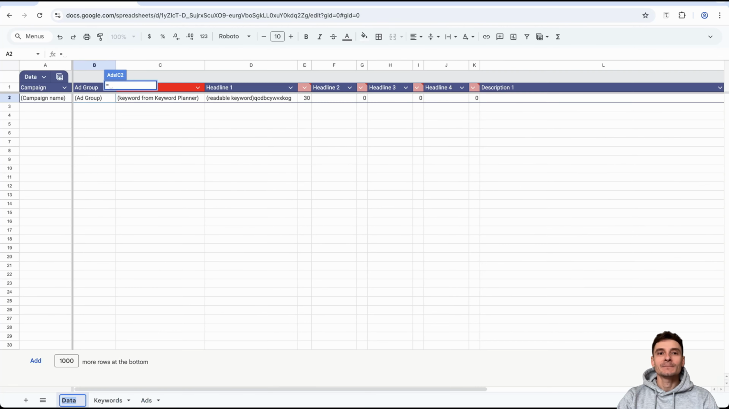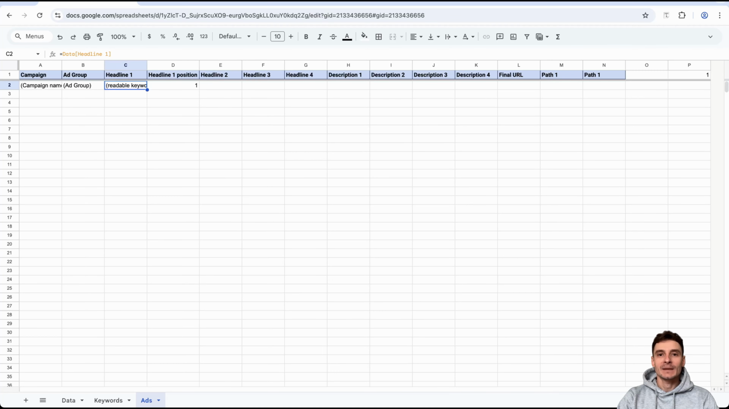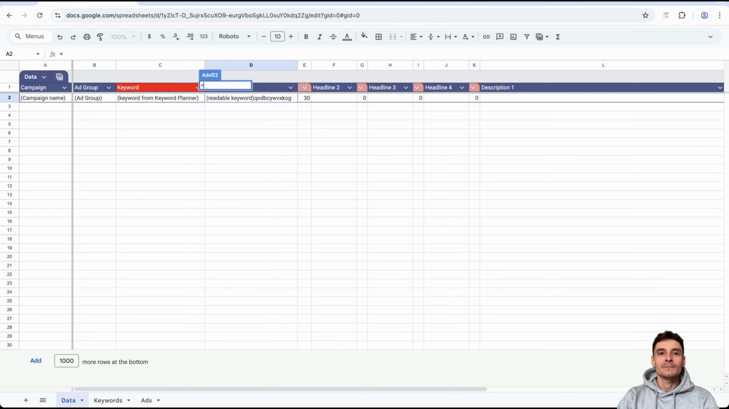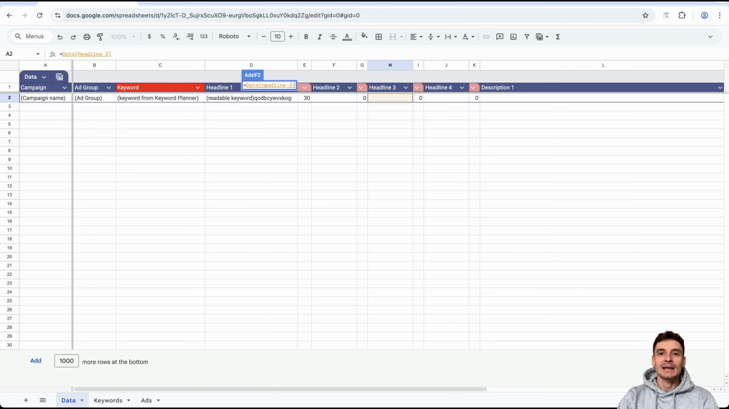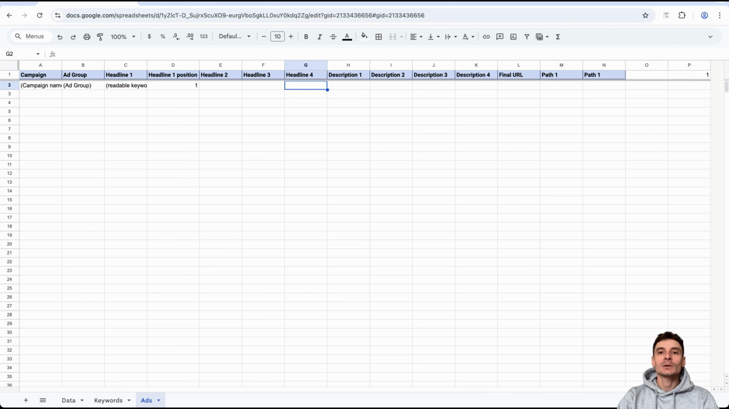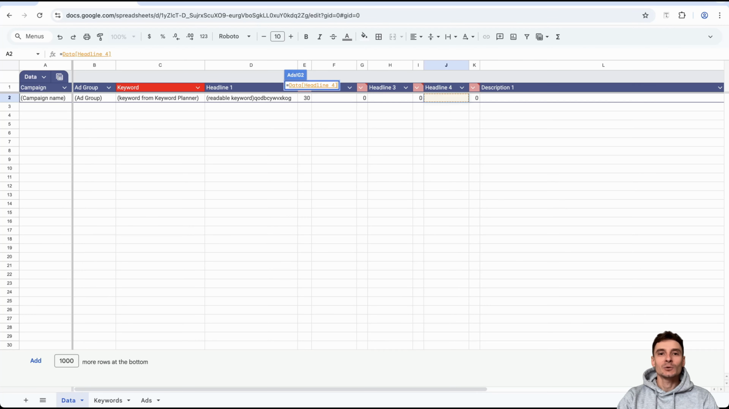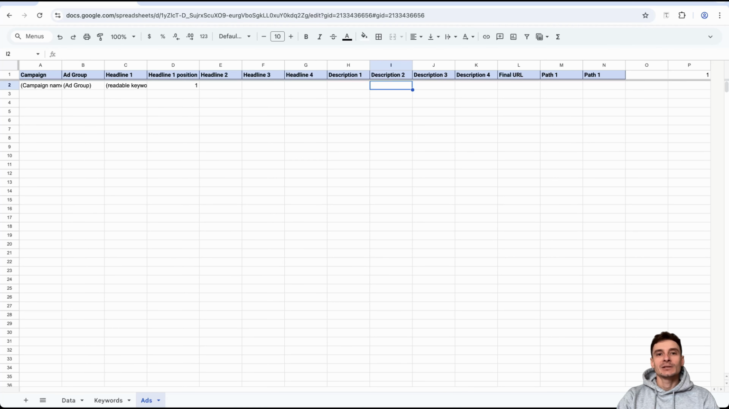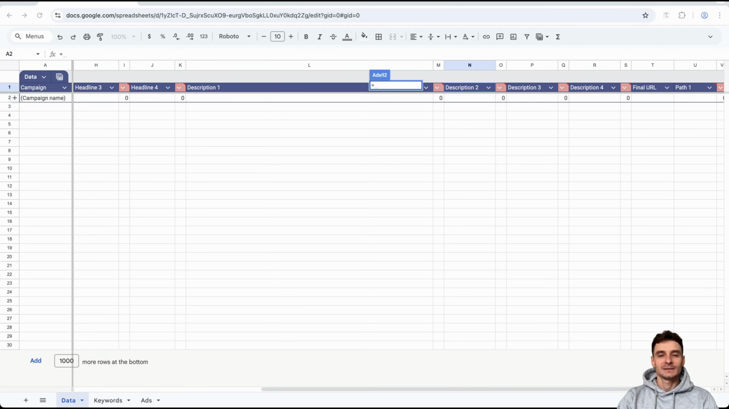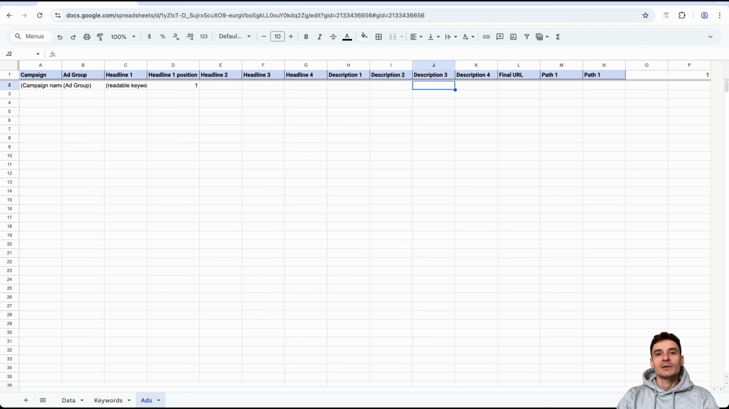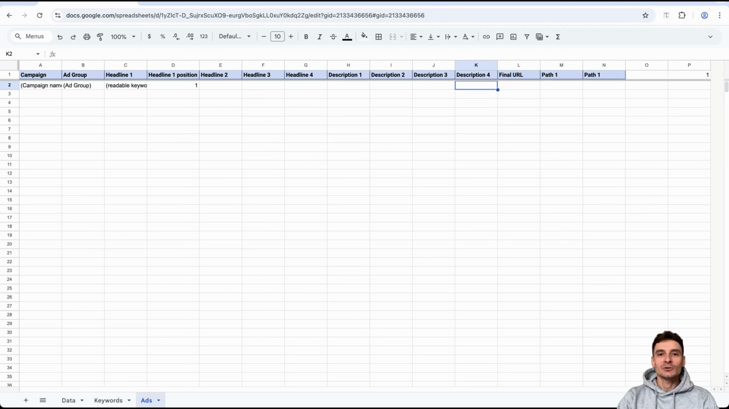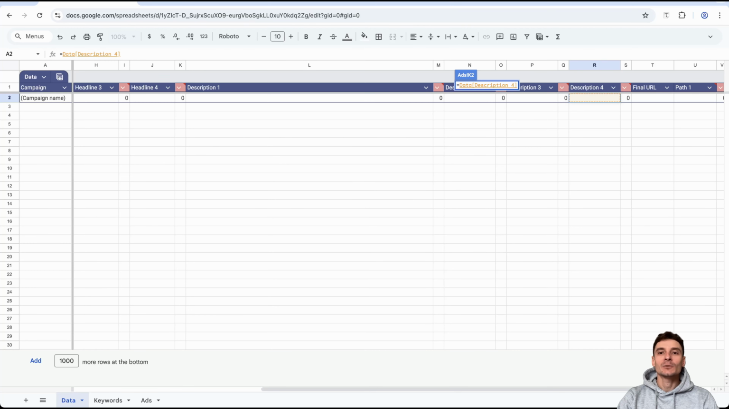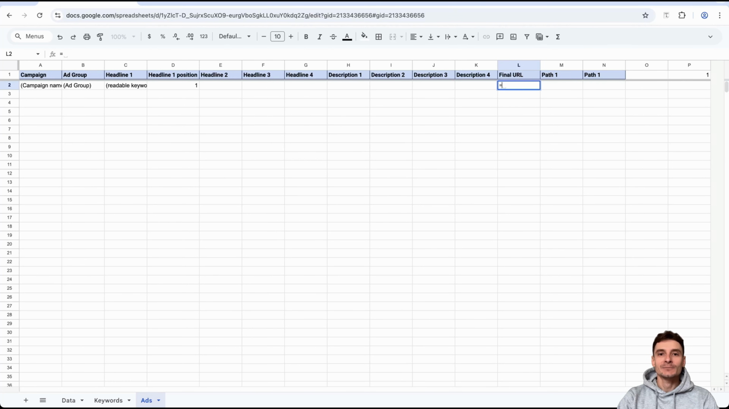headline 1, headline 2, headline 3, headline 4, description 1, description 2, description 3, description 4, final URL,